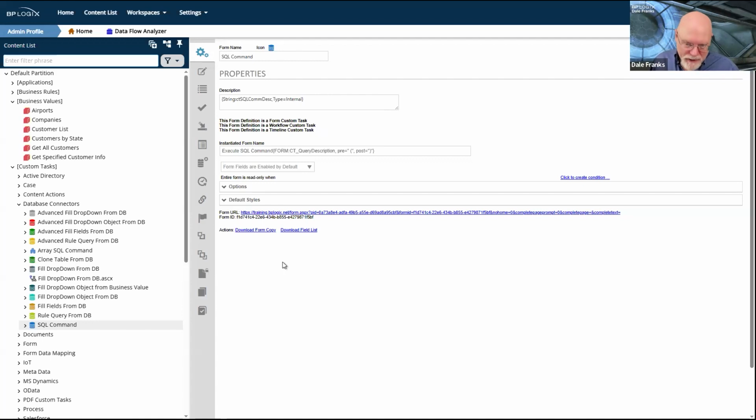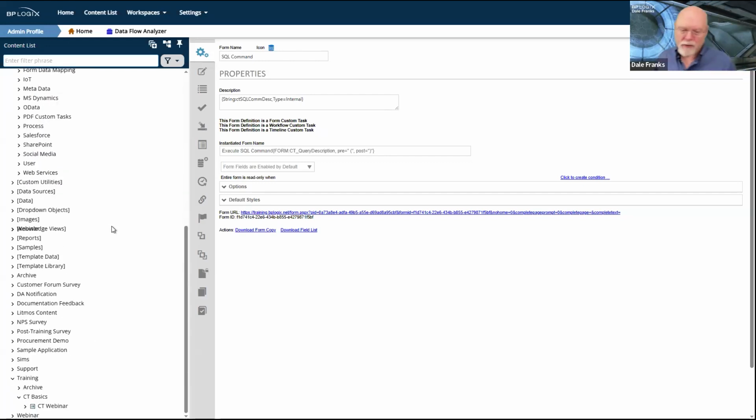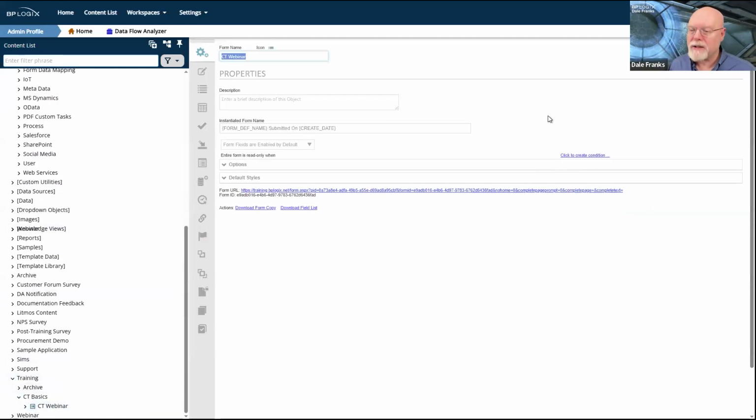As I've been saying, we can run custom tasks in either the form or in the process itself. There is a fundamental difference when I'm going to run a custom task in a process. So I'm going to have to create a process timeline.